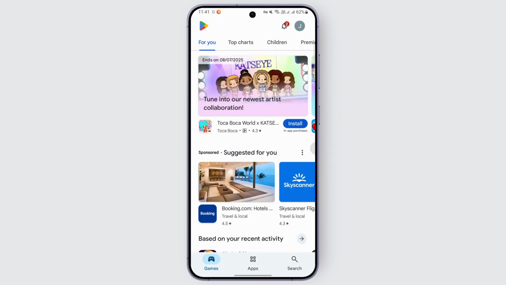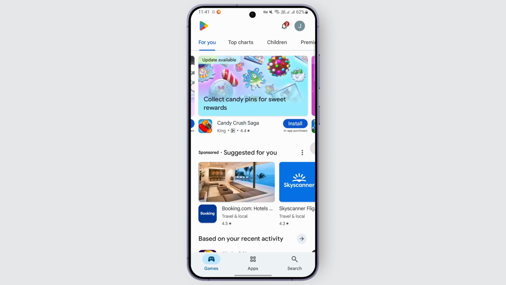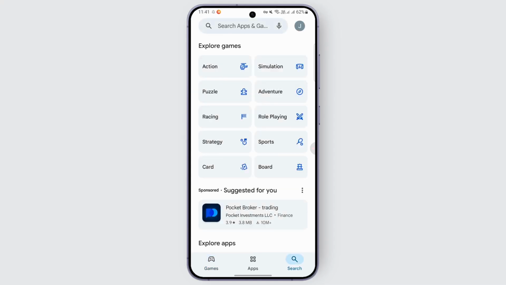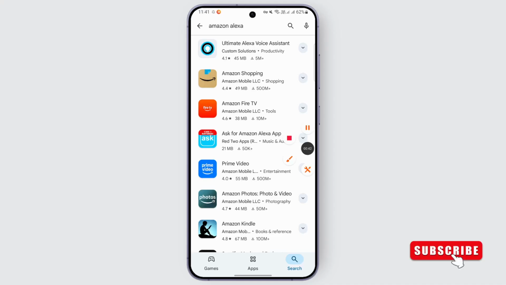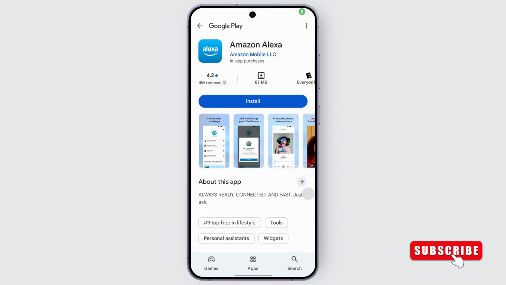And once you open it up, you should be finding this dashboard on your screen. So what you can do from here is locate the search bar in the bottom right corner directly and tap on it. And from here you can use the search bar at the top, tap on it and search for Amazon Alexa here. And look out for this search and locate the app. This one right here. After you locate it, you can look out for this install option on your screen